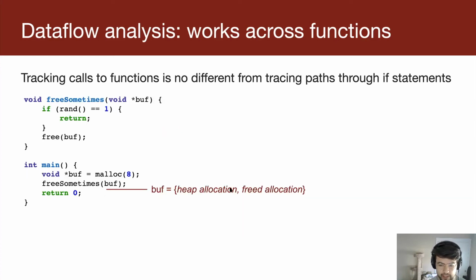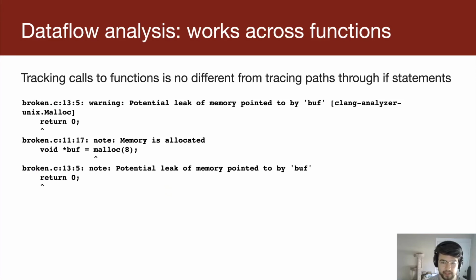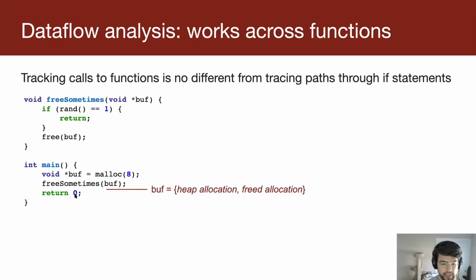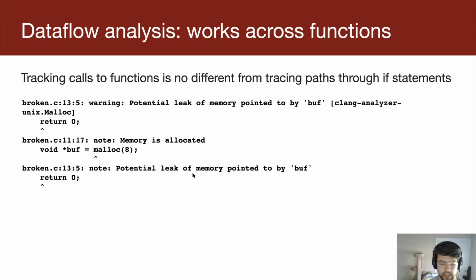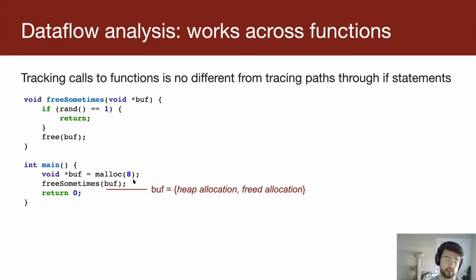It's possible that we didn't free this buffer. That's not so good. And if you run this through clang tidy, it will say, hey, you have a potential memory leak of memory pointed to by buff. You're returning here. This is the return 0 at the end. It's saying you're returning here. You allocated memory here, and potentially it was not freed. It does this exact analysis that I just showed on these slides, and it's like, I'm not convinced that free was called 100% of the time.